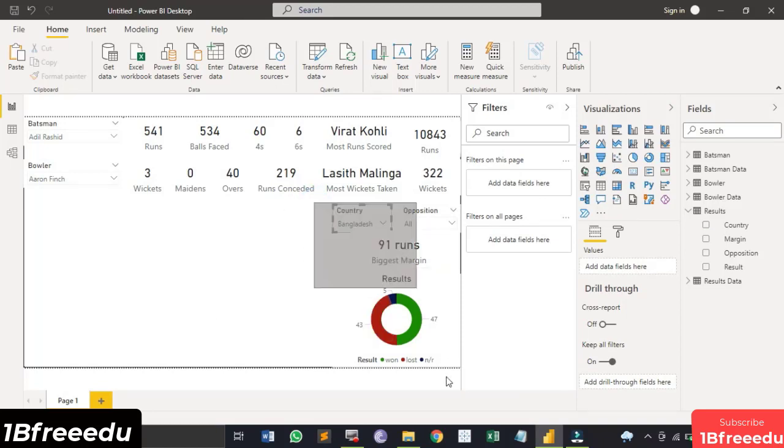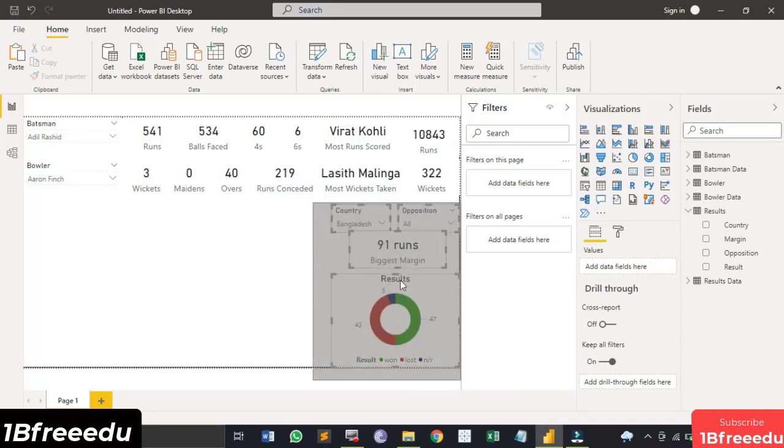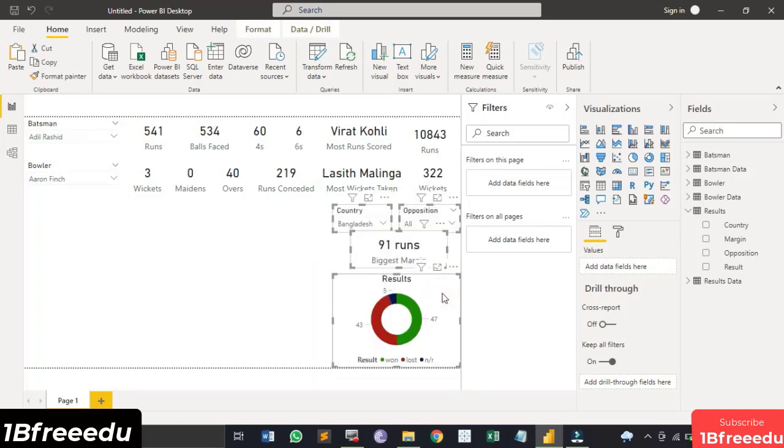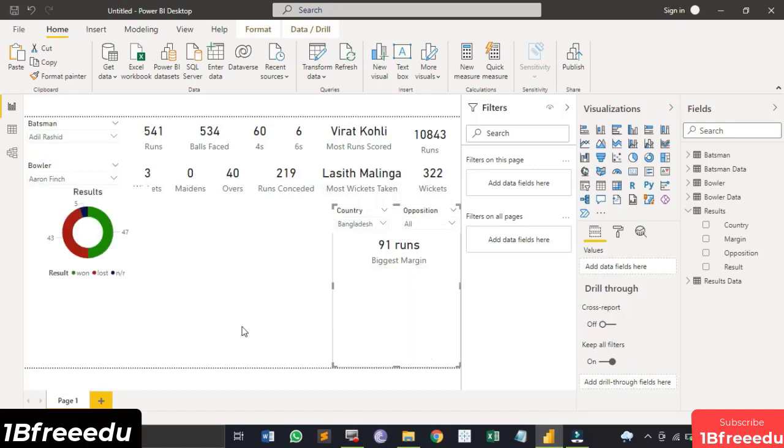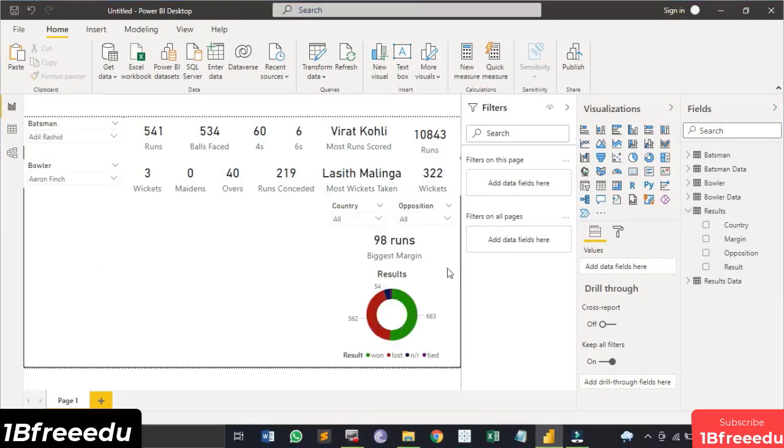Now what I'm going to do is just select them all and group them together like this. So right click, go to this group option and this group. So we have got 3 groups right now, and we are going to work with the rest of the visualizations. Okay, we are done with this third group as well.